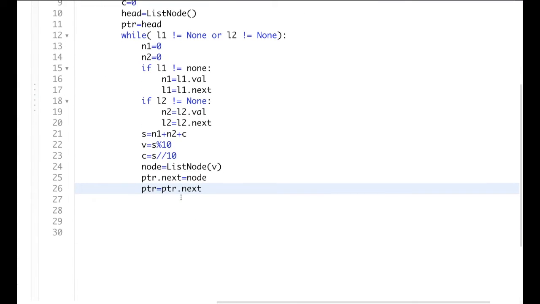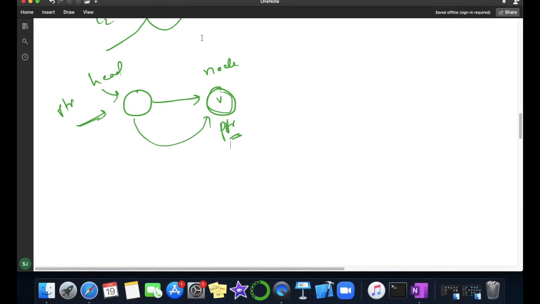Now you can see here we have only one value, 5 and 5. So when it goes to the next, L1 is None. Yes, you can see here my L1 was having 5 and L2 was having 5. We are done with this node. Now we move to next, which is None.